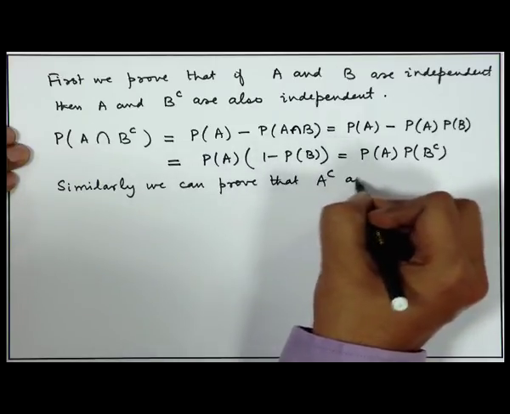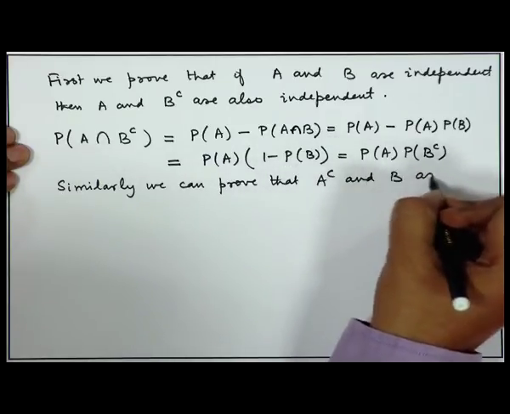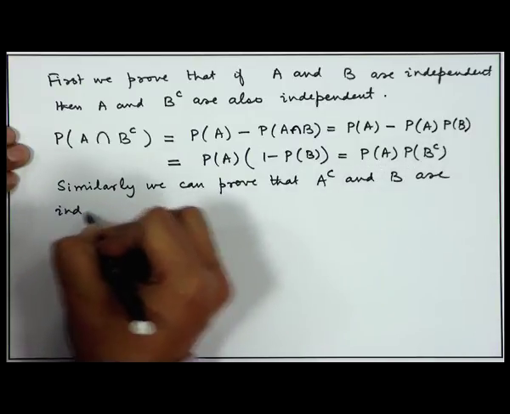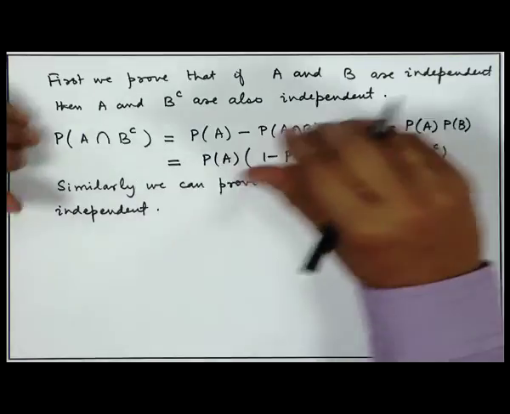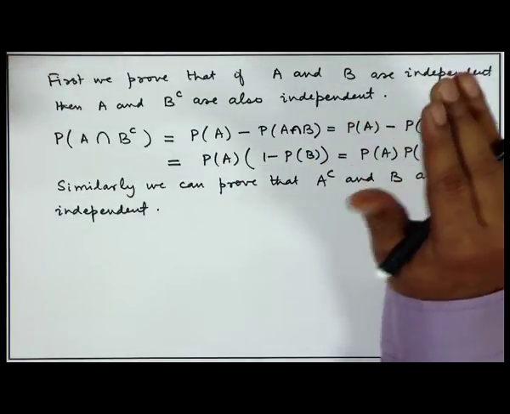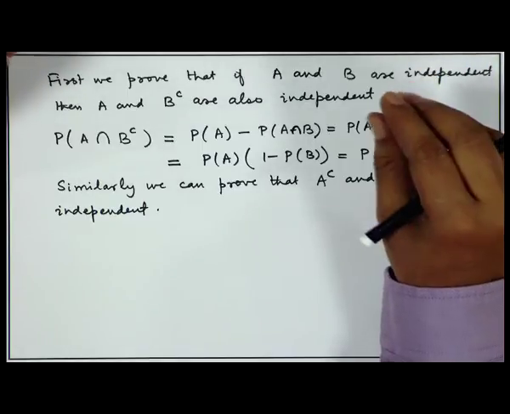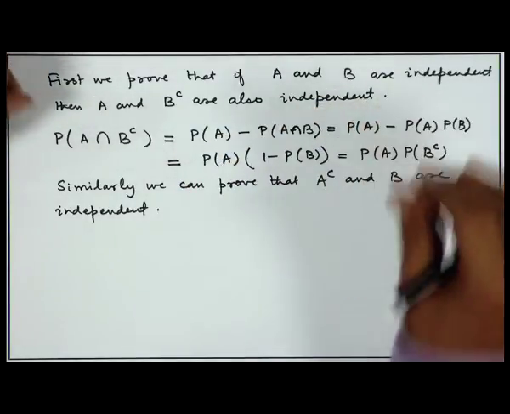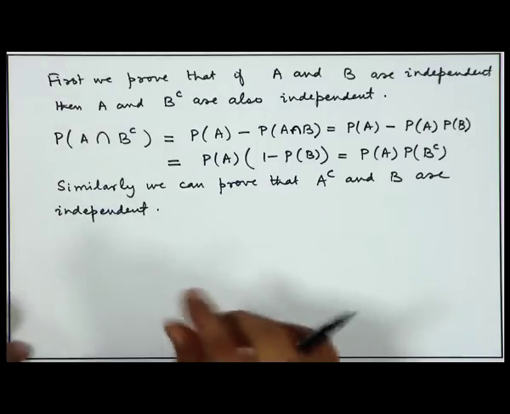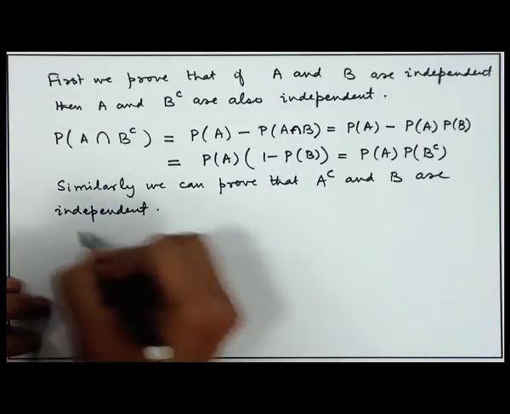Similarly, we can prove that A complement and B are independent. Basically, what we are saying is that if two events are independent, then if I take complement of one of them, they remain independent. If I take complement of both of them, they also remain independent. If I just extend this argument on the next set of events, this means that we are having